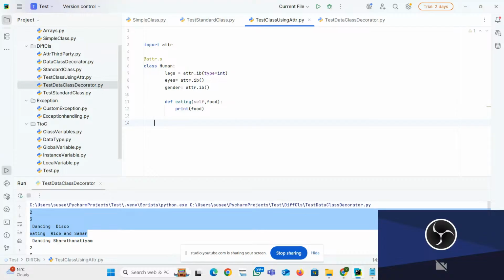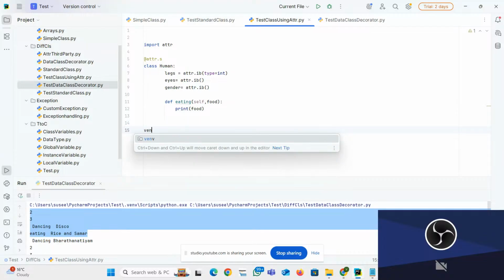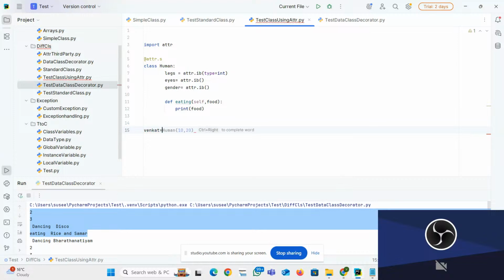Then how to create the object? Same way, Vengat. What is that? Human, right? 10, sorry, 10 like we don't have, 2, male, right? Then what do you have to do? Print Vengat dot eyes, Vengat dot legs, Vengat dot gender,